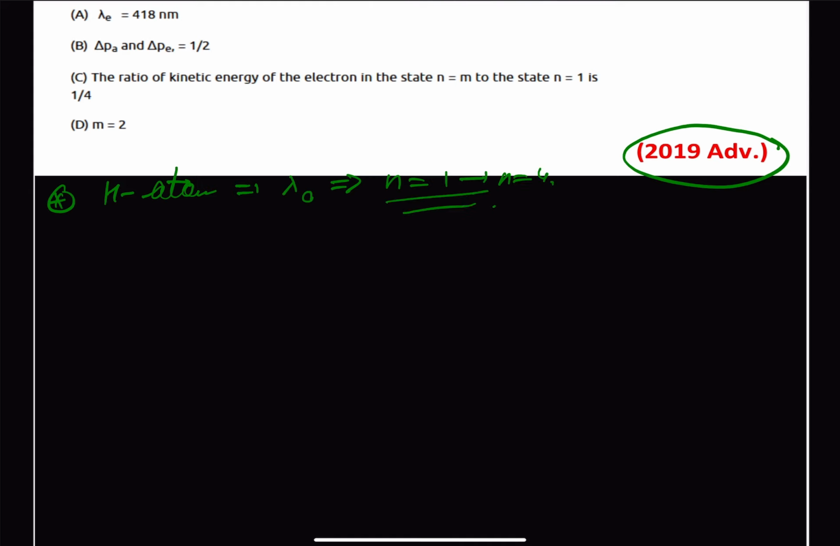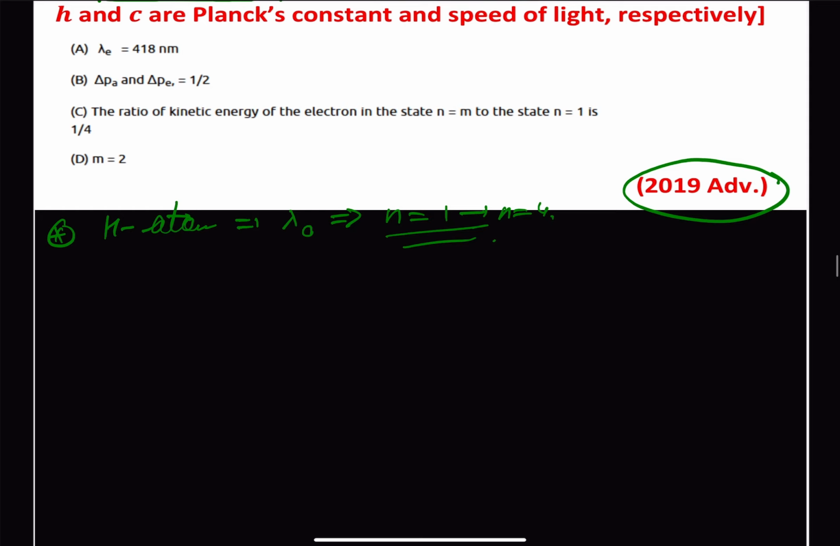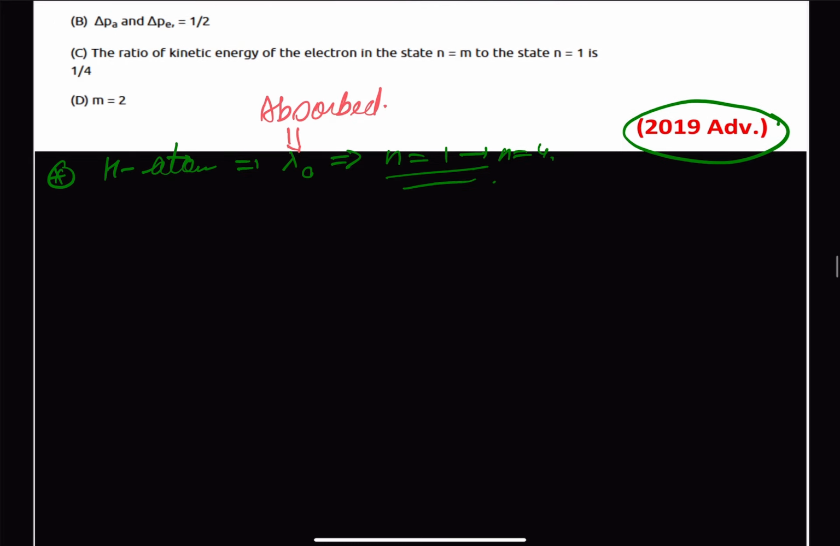And after that, here we have to remember this lambda A is absorbed. Lambda B absorbed, and it makes a transition from n is equal to 1 to n is equal to 4, and after that it emits a photon whose wavelength is given as lambda e,